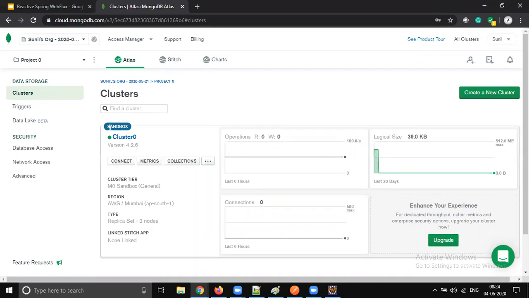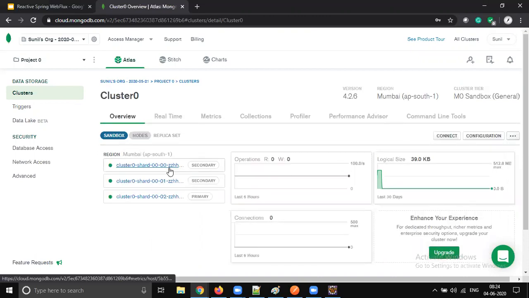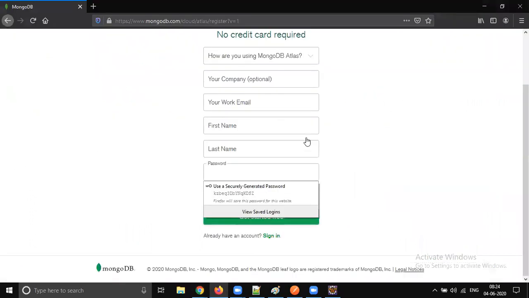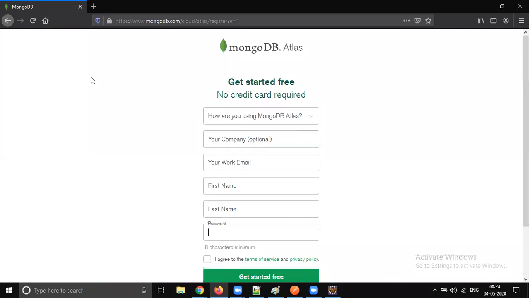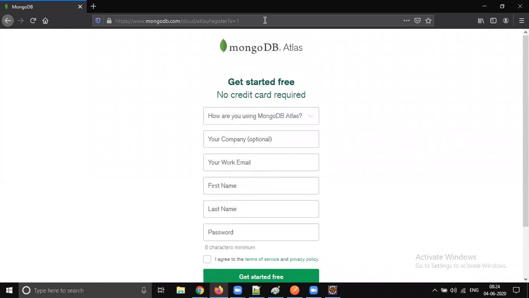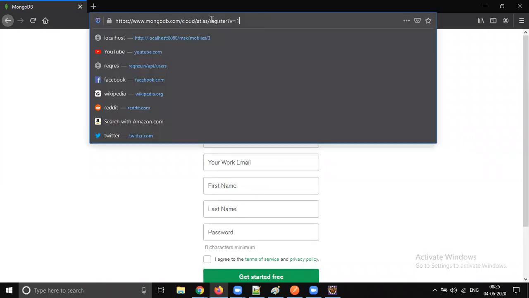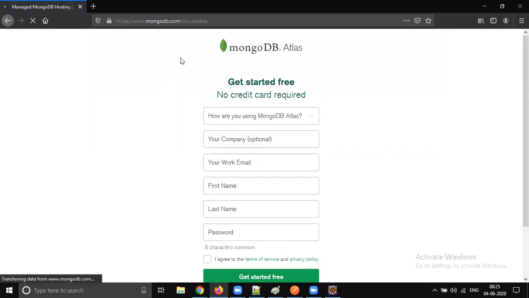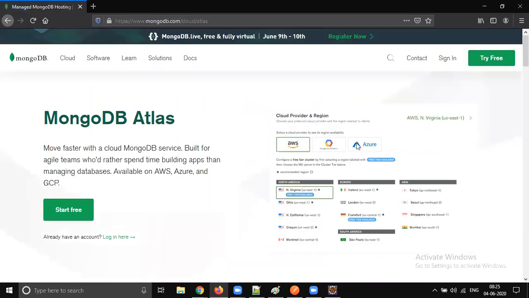By default, it's going to have 3 nodes, right? So you don't need to do anything. Just click create cluster. MongoDB will automatically create a cluster, but it will ask you what cloud you want. As we saw on the last screen, it is compatible with all three famous clouds, AWS, Google Cloud, and Azure. These three are the leading cloud providers in this market now, so you can choose whatever you would like to.